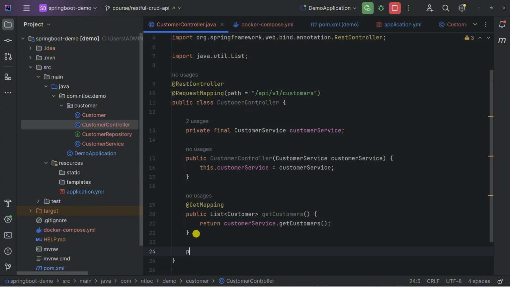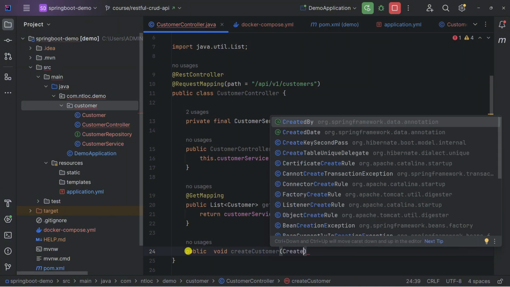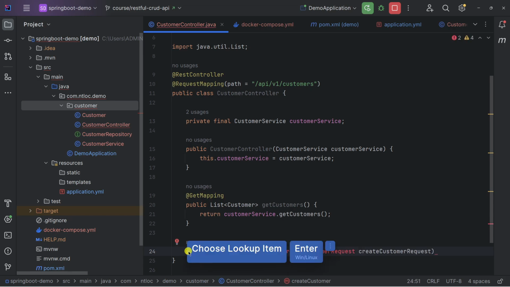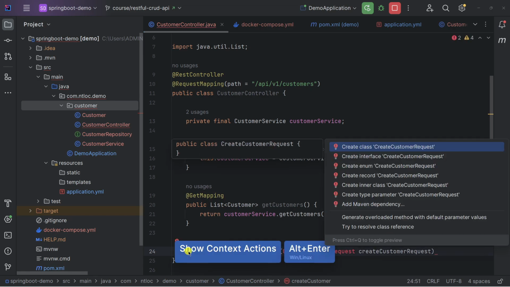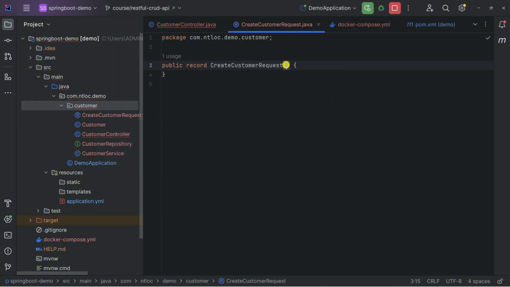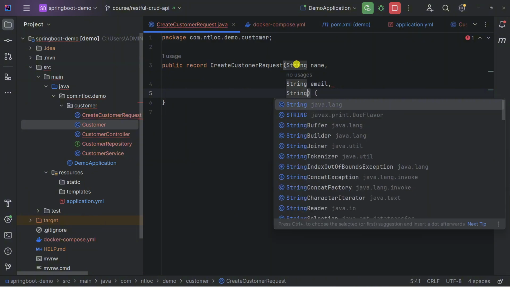So let's type public void createCustomer. Then for the request body, I would like to create CustomerRequest. Then we will create a record first, and inside this record we have the name and email, and the last one is address.